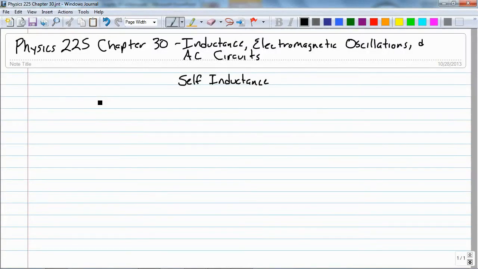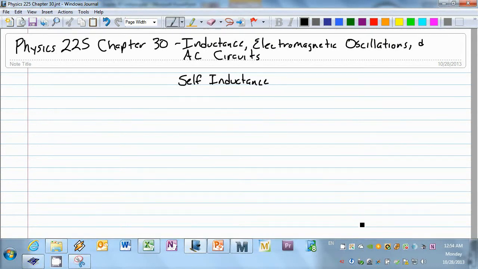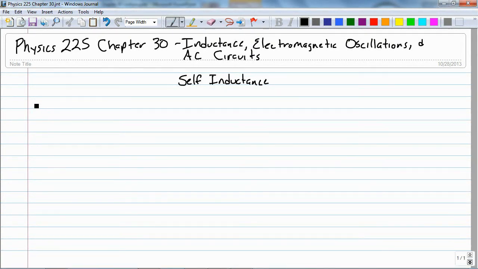So a coil can affect itself. Same idea as mutual inductance, but we're just looking at one coil and how it affects itself. And we call that self-inductance. So just as we had a formula for M for mutual inductance, we use the letter L for self-inductance, and